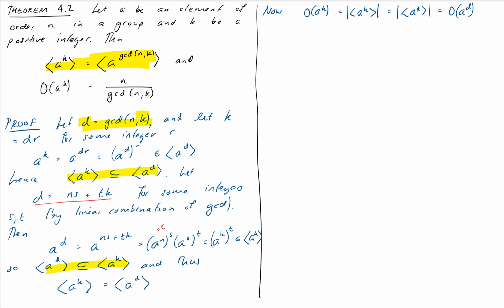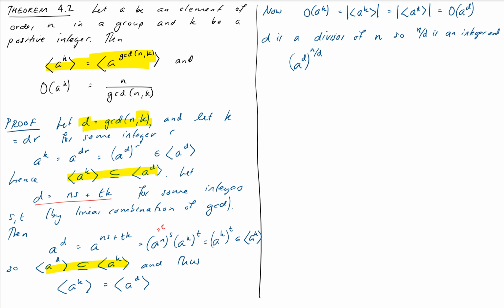Okay, so what can we do? Well, d is a divisor of n. It's the largest common divisor of n and k. So what does that mean? It means that n over d is defined as an integer. So I can take a to the d to the power of n over d,